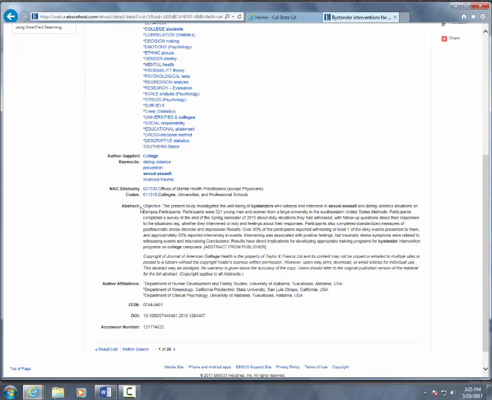The abstract is a paragraph-long description of the article. What you want to do is read the abstract. Does this article sound like it's the kind of research you want? Does it say that it's a research study? Do you need to use research studies? If you're writing a literature review, you should be reviewing research studies. How can I tell that this is a research study? Well, look at the keywords here. This present study